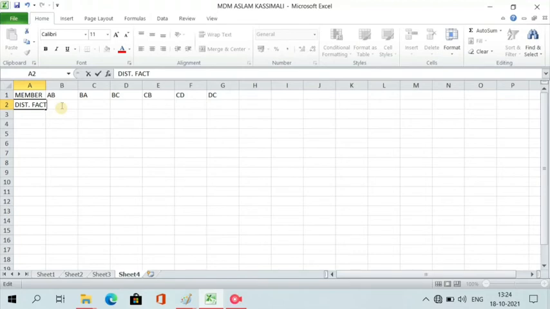So for AB, as A is fixed end, the distribution factor will be 0. So I have written here 0. And for BA, we have calculated distribution factor is equal to 0.5, and for BC also we have calculated distribution factor as 0.5, and for CB also we have calculated distribution factor as 0.5. As for CD member also we have calculated distribution factor as 0.5. As D is fixed end, the distribution factor will be 0.